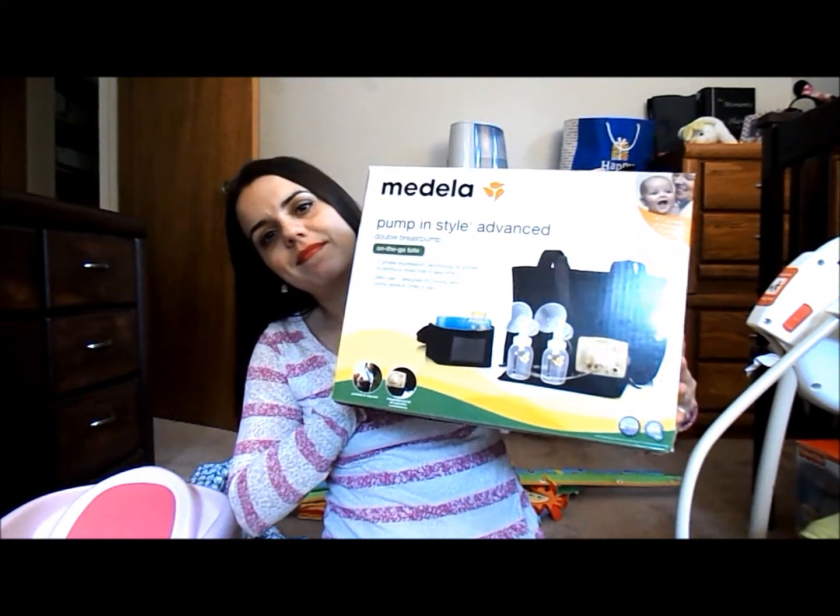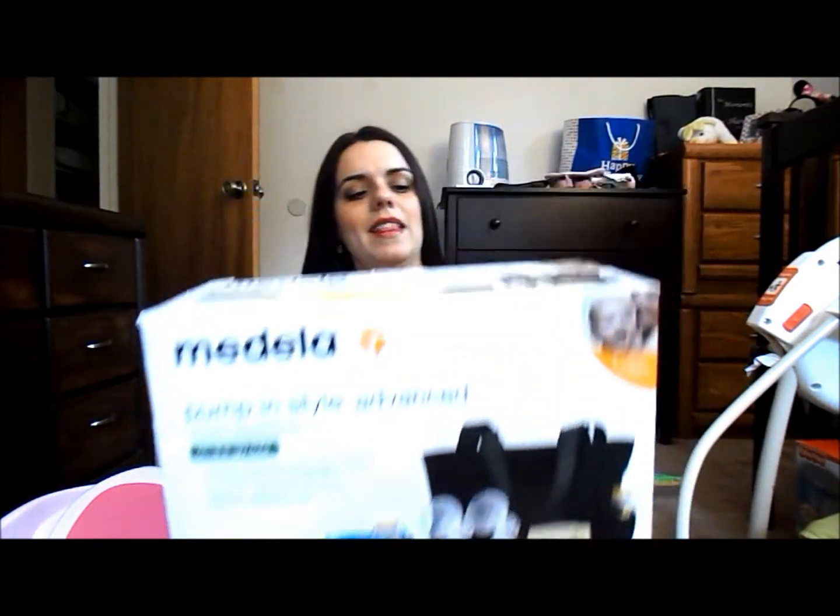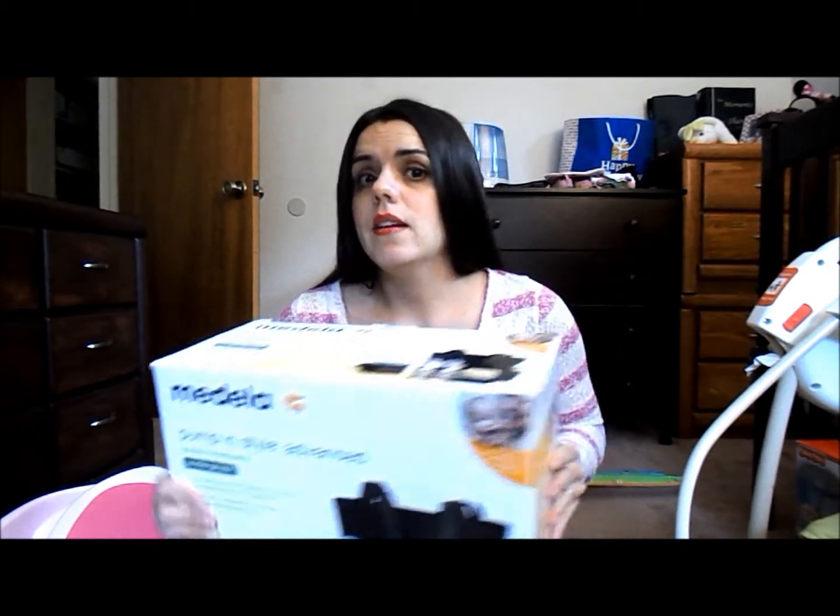So my mom's friend got me this, and this is the Medela Pump and Style Advanced. That's an electric dual pump, and oh my gosh, this was such an amazing gift. I love this so much because if it wasn't for that, I would have probably given up on breastfeeding. This was the reason why I stuck to breastfeeding for as long as I did, because I could have breaks